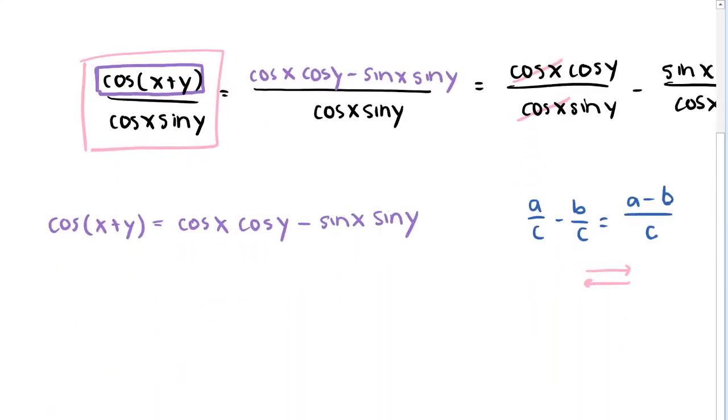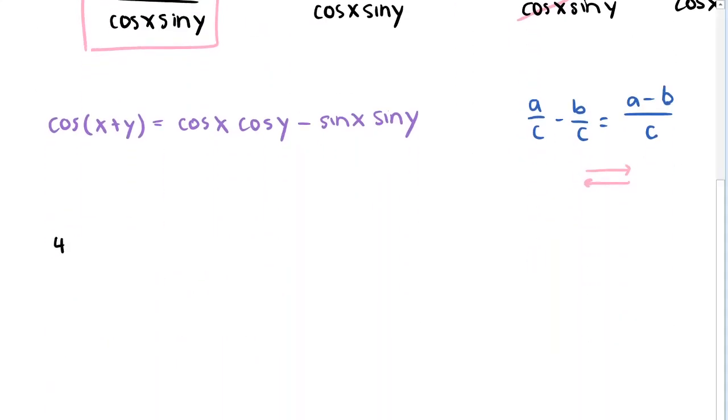Okay, now what about the other identity, 4d? So 4d, we want to verify the identity 1 minus cosine of 2x over sine of 2x